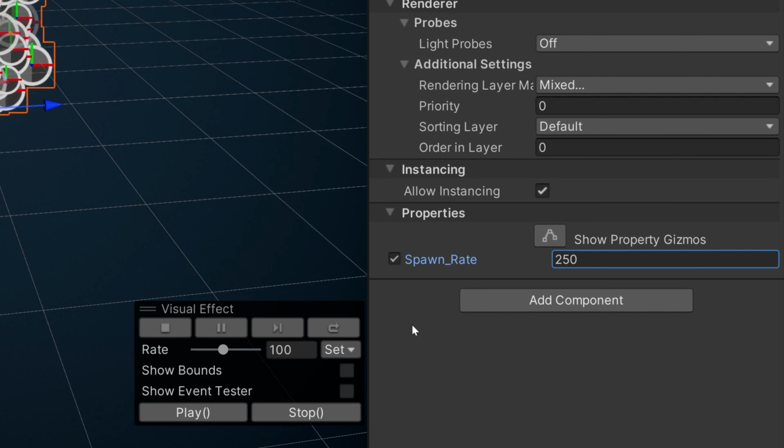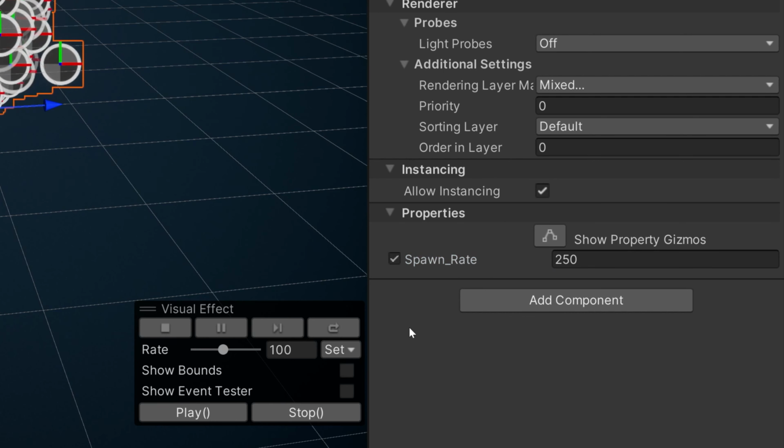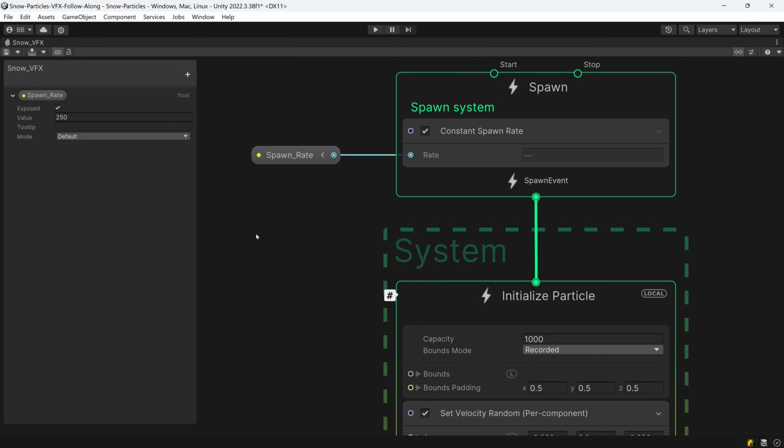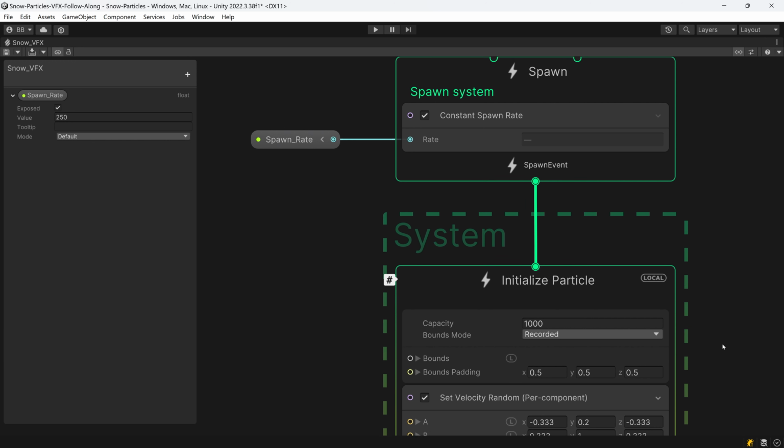Revert the spawn rate to something like 250 and let's hop back into the graph to complete our snow effect. For our snow particles, we want to specify an area inside which they will spawn. Also, we want them to start falling downward slowly. Finally, the effect will look better if some snow particles faded out in the air before they fell to the